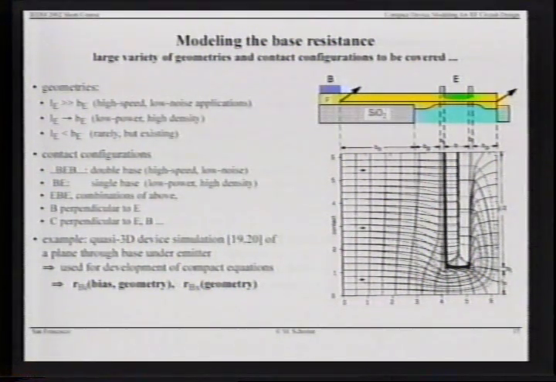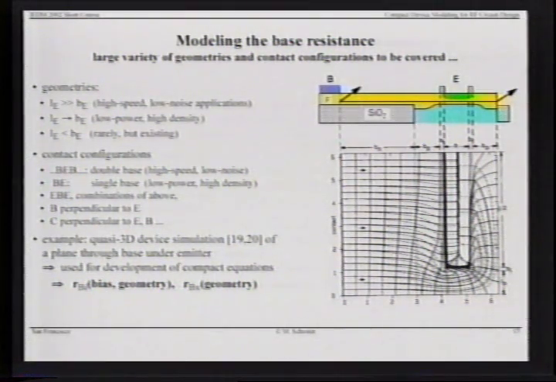What you see here is a single base transistor, and we have pulled out a plane underneath the surface through the base and plotted the current flow lines and the equipotential lines. And as you can see, this is the emitter here, and the base current that is flowing from the contact will come out of the surface. And you can see that there is a very non-symmetric current flow. There's much more current flowing, just by counting the lines, into the front side compared to the back side. And that is a